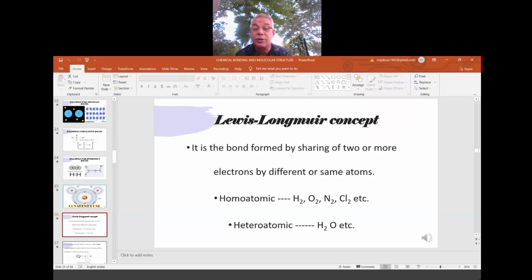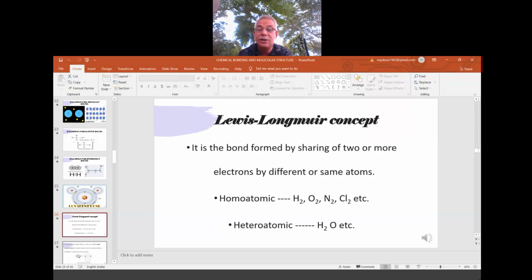Okay, right. So it is formed by the sharing of electrons between two atoms. Those two atoms, minimum two, more allowed. Those combining atoms may be similar or different. If the two combining atoms are similar, they are called homoatomic molecules. H2, O2, N2, Cl2, and so on. Also P4, S8. In those, the atoms are the same.